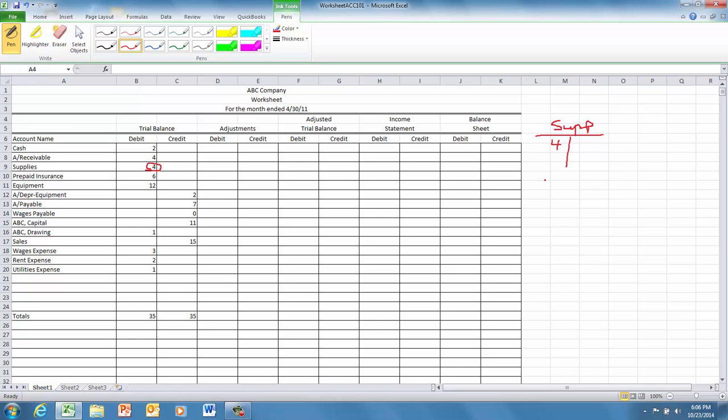Now I have to figure out, well, how much have I used? Well, what I'm told is that there in reality is $1 in the cabinet. My books need to match the reality, and so in other words, I need for my balance to be $1 so it matches reality. So how much have I used? Well, I had $4 in there, now I have $1. So 4 minus 1, I must have used $3,